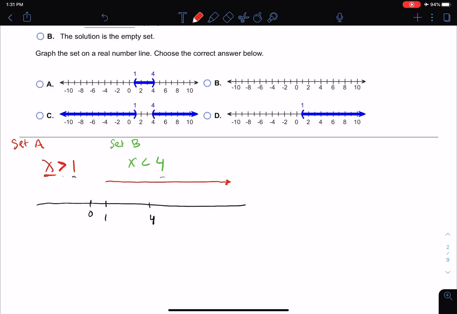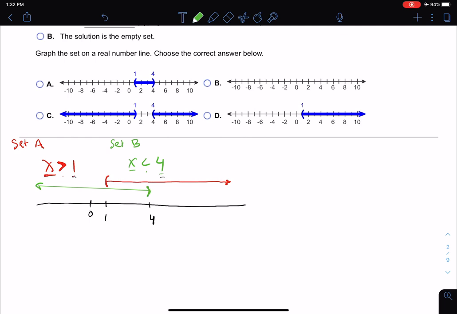So greater than 1, it doesn't say it's equal to it. It's just greater than, not equal to it. So we have to use a parenthesis saying that we're not including 1 in our solution. So there's the graph of the red, now of set A. Now I want to graph set B, which I'll do in green. I'm going to shade the x values that are less than 4. What's less than 4? Well, less than 4 on the number line is to the left. So we go to the left, and it's not equal to it, so it's going to be open also,